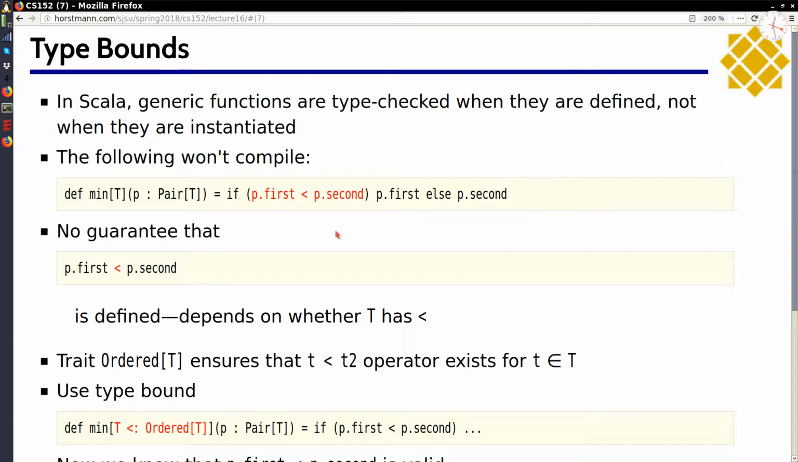Now, sometimes though, you need to be more prescriptive about those type parameters. So let me give you a simple example. Here I have this min function here. What does min do? It takes a pair of a type T, and min has a type parameter T. Then it checks whether the first element is less than the second element, and if so, it gives the first, otherwise it gives the second. This line of code will not compile in Scala. And the reason is simple,